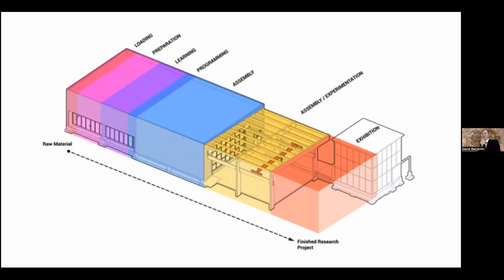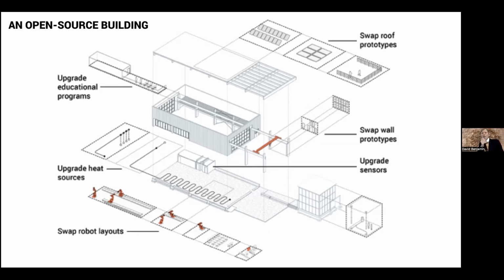But also the program really called for something interesting, which was we had to design for both the known research of today and the known equipment of today, and also the unknown research of tomorrow, unknown equipment of tomorrow. So how do you design for both things at once? And our concept was to create a kind of open source building. So like open source software, the idea was that this could be designed to be released as a version 1. It's fully functional, but also very much designed to be updated and changed over time by multiple authors.